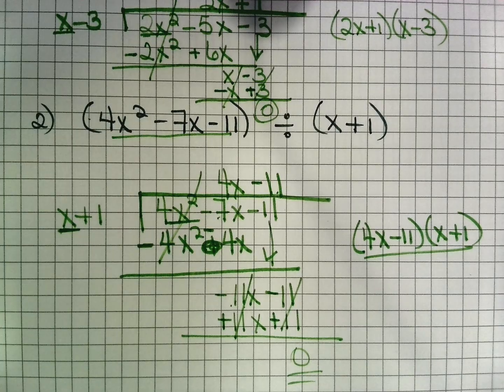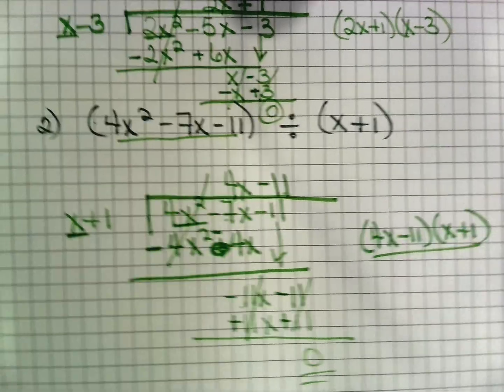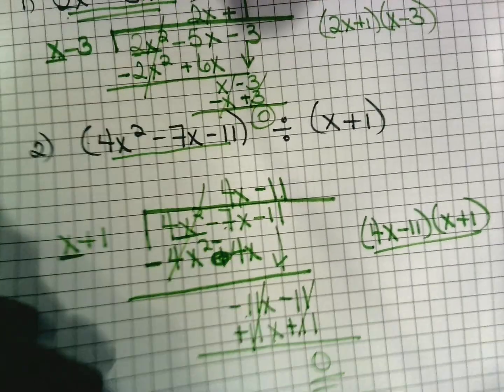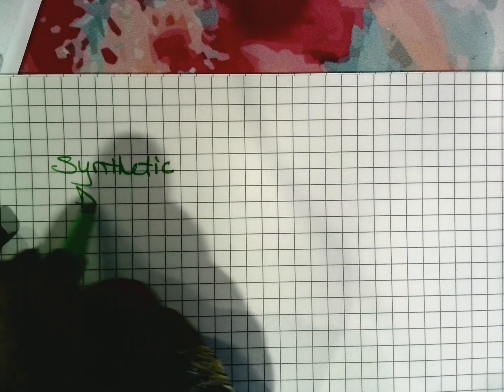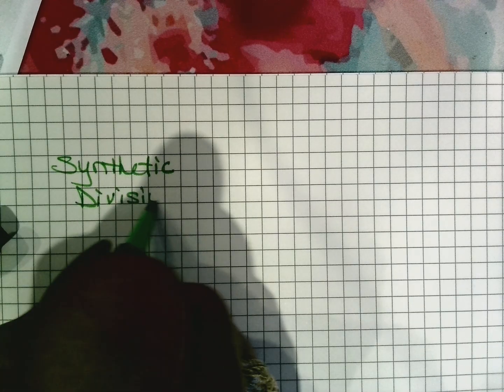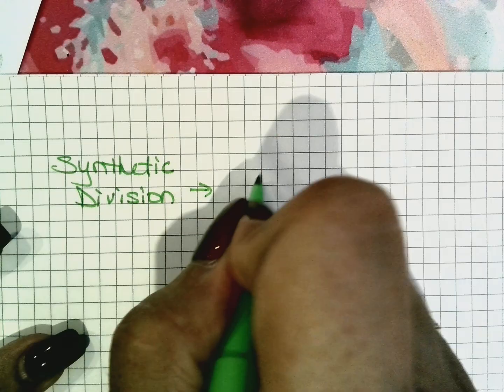Okay? So that was long division. And again, long division is used for any two polynomials. It doesn't matter the lengths. You can divide any two polynomials using long division. Now, synthetic division is different in the sense that it has a restriction. It is a shortcut